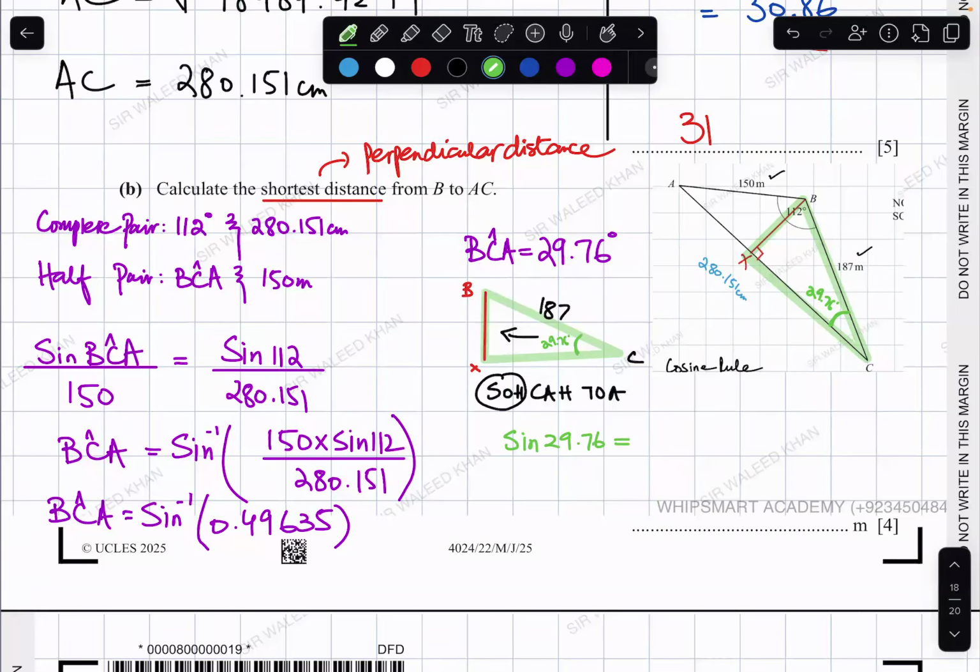29.76 is equal to BX over 187. So BX is equal to 187 times sine 29.76, and the answer is